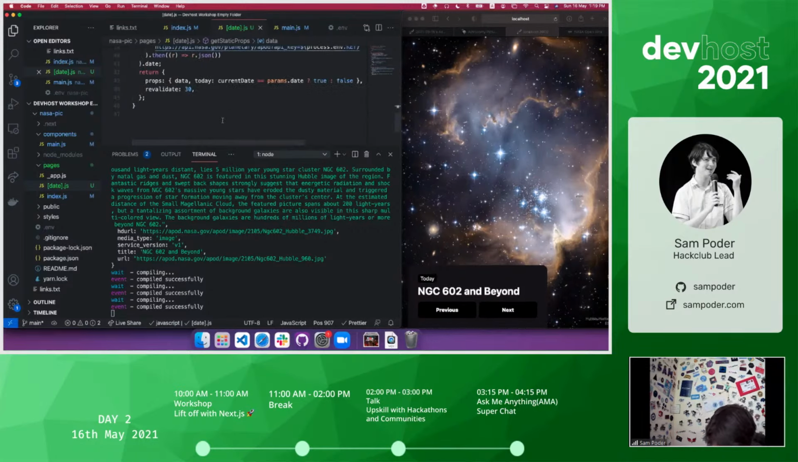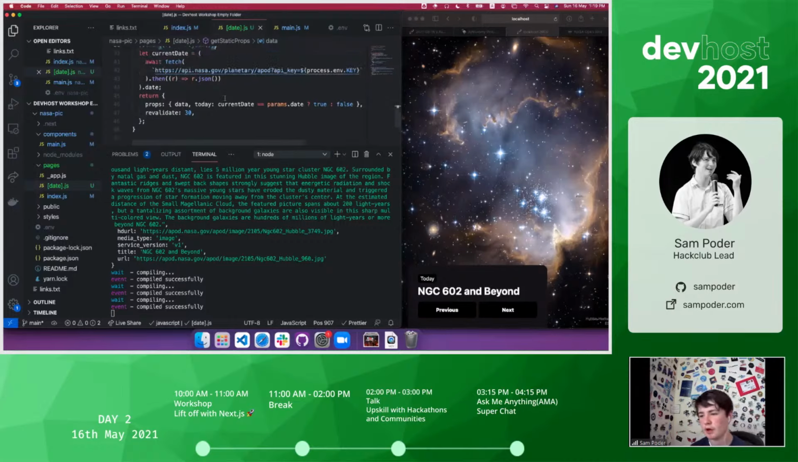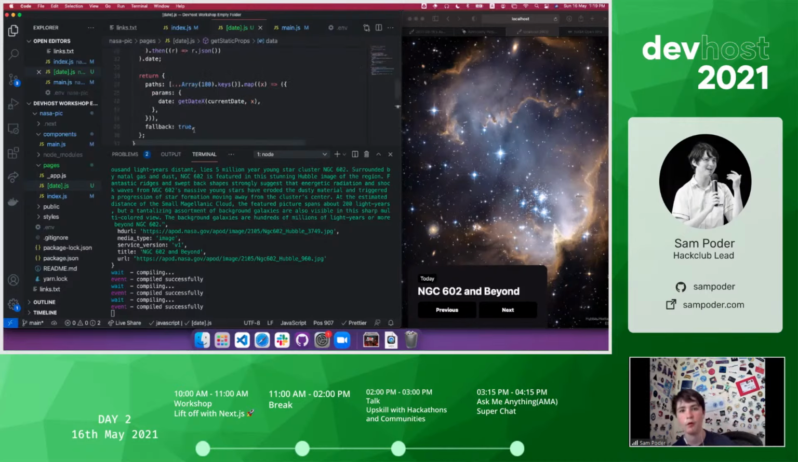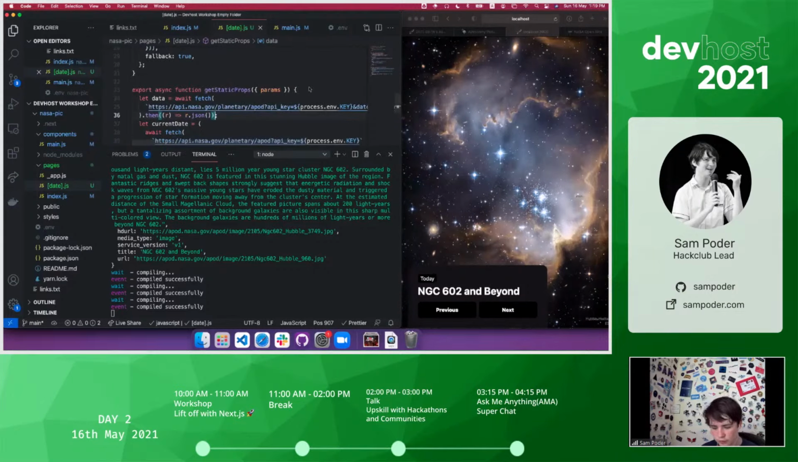All right. Now I want to go back to this little fallback thing we added here. So fallback equals true. What does this mean? This means that when someone visits a path that isn't in our array of paths, we'll then fall back and try and fetch the data even if we don't have it. So we'll server-side render it. To handle this, we have to wrap this data fetching in a try catch block. So try,